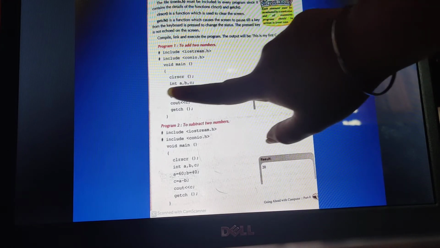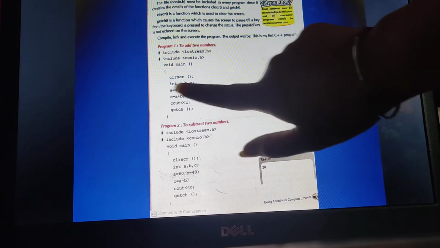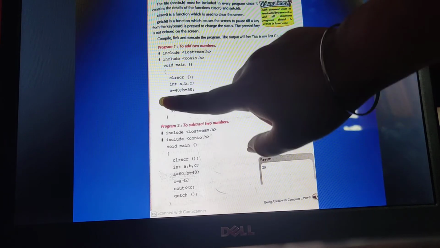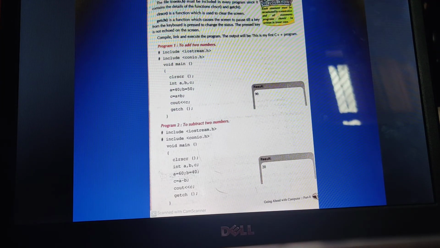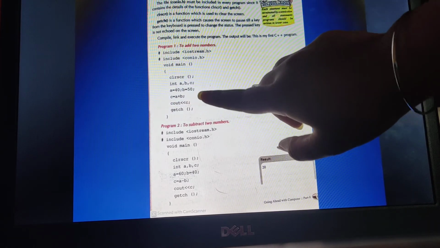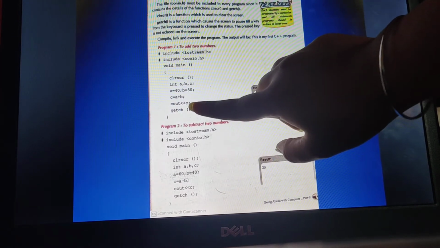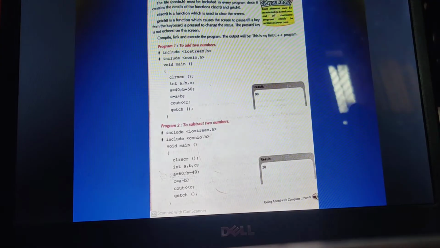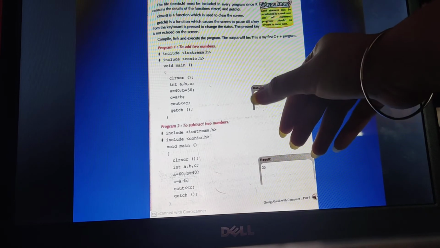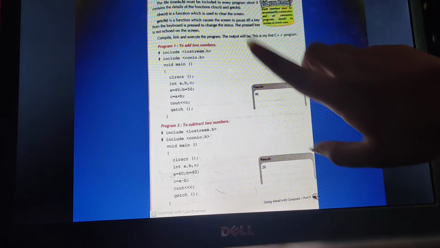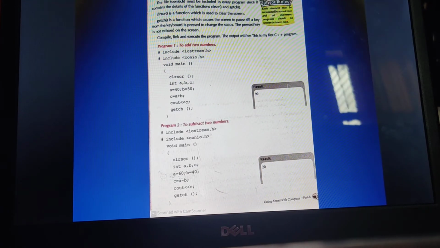Then you can predefine the values also. a = 40, semicolon. In another line also you can write it, and it can be written next to the first line also. b = 50, then c = a + b. cout << c, the value of c will be printed. getch(), parenthesis close, and you will be getting the result because cout << c is written there. So the a and b values will not be shown, and you will get the result 90.